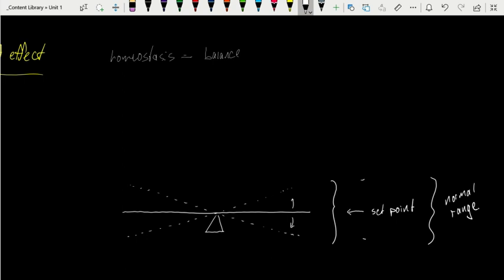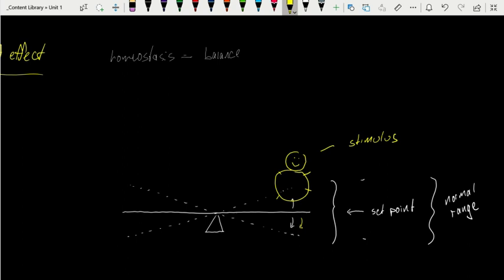So along comes this child, and this represents an external force that acts on this teeter-totter. This then becomes the stimulus. The stimulus tends to be external, and it tends to be beyond our control. So when that stimulus happens, we can see what happens. The teeter-totter is displaced downward, moving it away from set point. The goal of homeostasis is to put it back to set point.